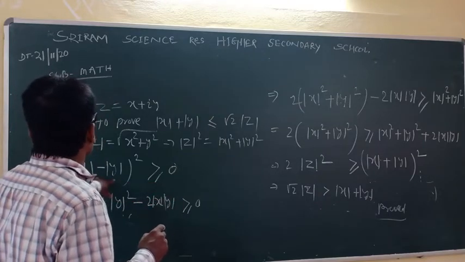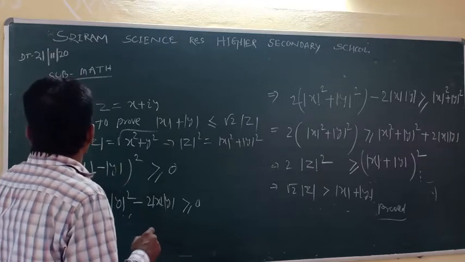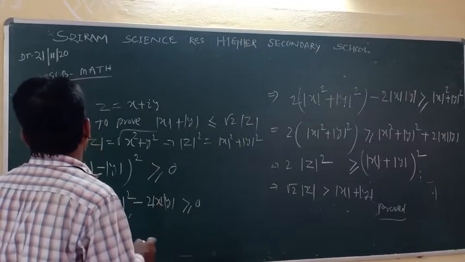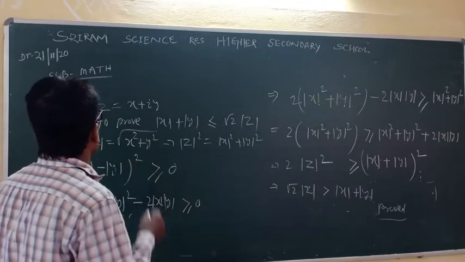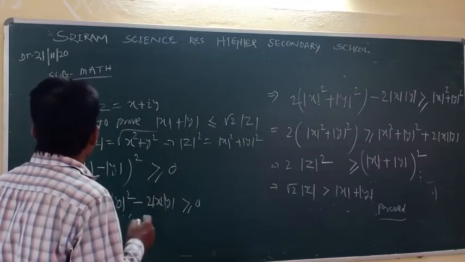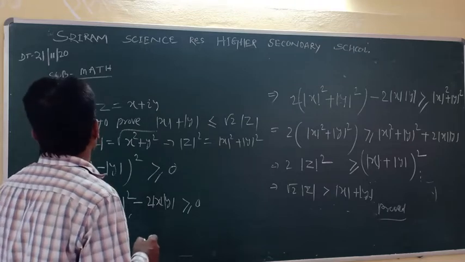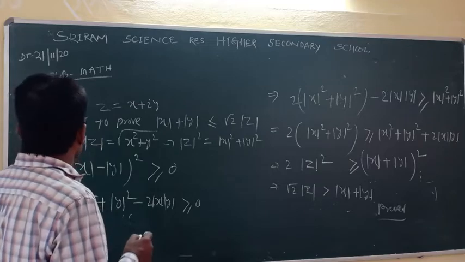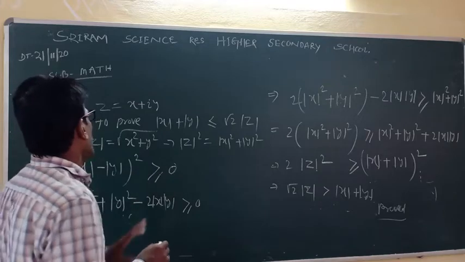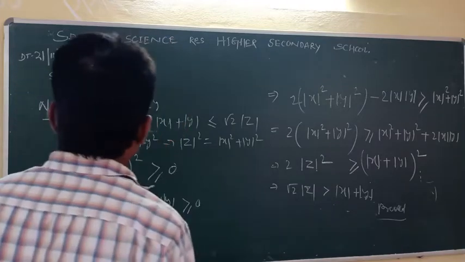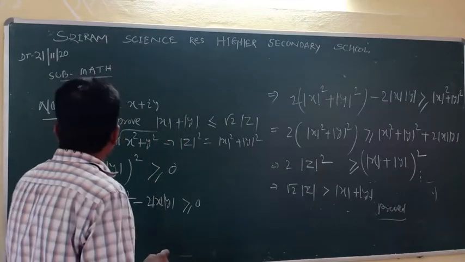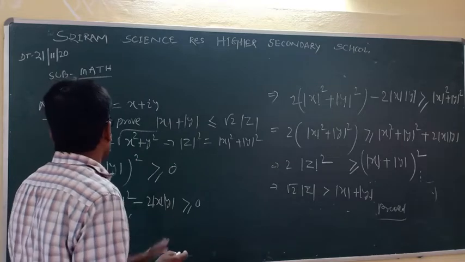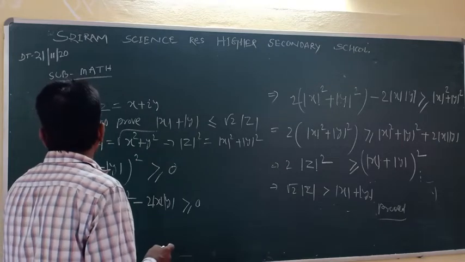So mod x minus mod y whole square. If mod x is less than mod y, then mod x minus mod y, no doubt the value is negative. The square of a negative value is also positive, greater than 0. If mod x is greater than mod y, that value is also positive, and a positive square is also positive. If mod x is equal to mod y, then it becomes 0. Otherwise, it is strictly greater than 0. Okay. So mod x plus mod y square, that formula you already know, x minus y whole square plus 2xy. Since it is using mod, we are using mod in these cases.